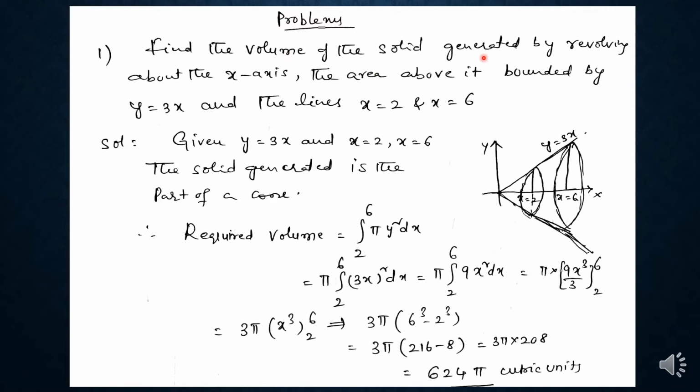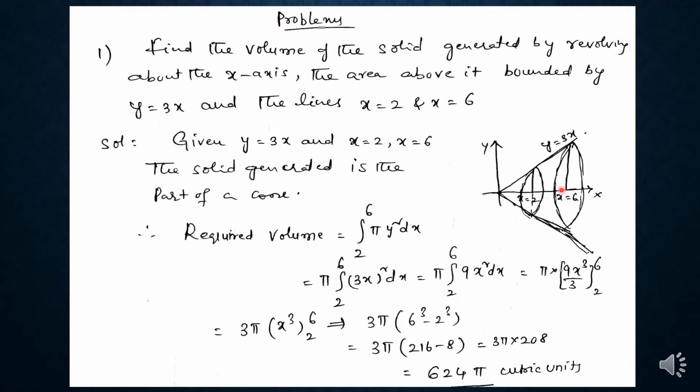Find the volume of the solid generated by revolving about the x-axis the area above it bounded by y is equal to 3x and the lines x is equal to 2 and x is equal to 6. Here we have a straight line of the form y is equal to mx, passing through the origin, y is equal to 3x, and x is equal to 2 and x is equal to 6 on the x-axis. So we rotate the area bounded by the line y is equal to 3x, x is equal to 2 and x is equal to 6